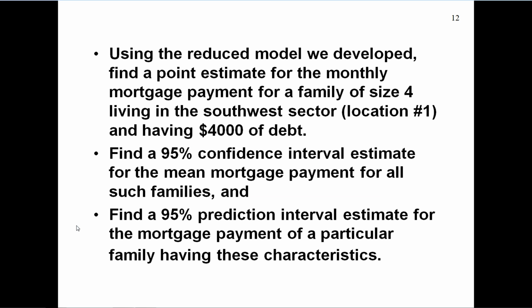So we're going to use this reduced model to find a point estimate for the monthly mortgage payment for a family of size 4 living in the southwest section of our neighborhood. And the southwest section was coded using location variable 1 as being equal to 1 and 0 otherwise, and we want this family to have $4,000 in debt. And then we're going to find a 95% confidence interval for the mean mortgage payment for all such families. And then we're going to find a 95% prediction interval estimate for the mortgage payment of a particular family having